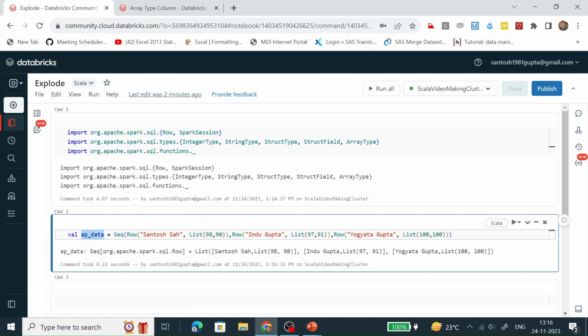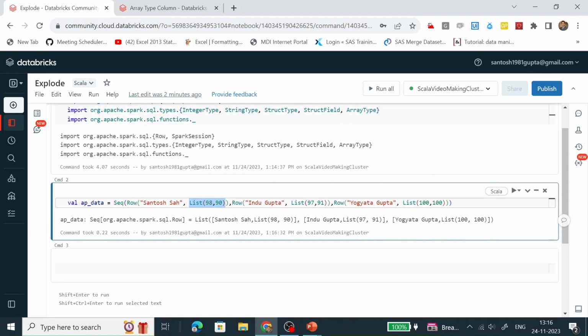This variable is holding three row objects, and each row object has a list element.